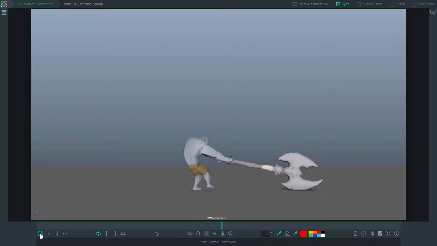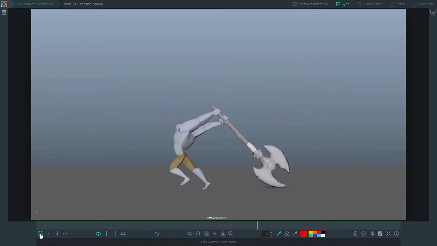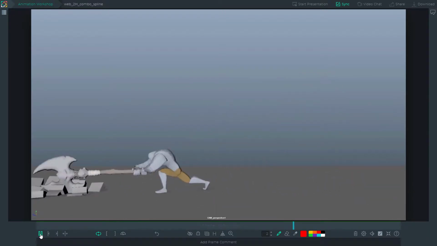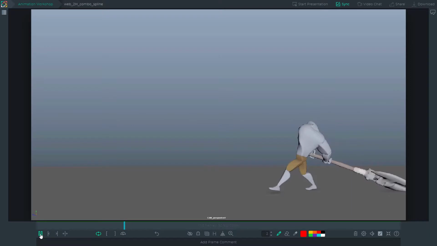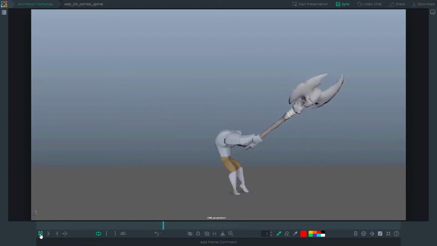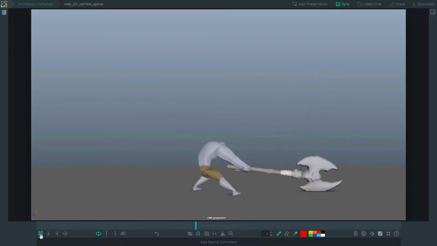Since we left off in the last video, this attack combo has moved from blocking to spline. And I think it's really starting to look pretty nice. Mostly it was fairly easy really to take that step because in this case I really focused on solving problems